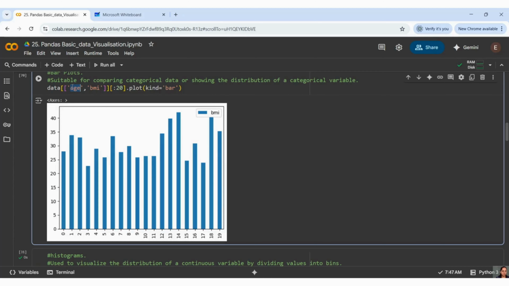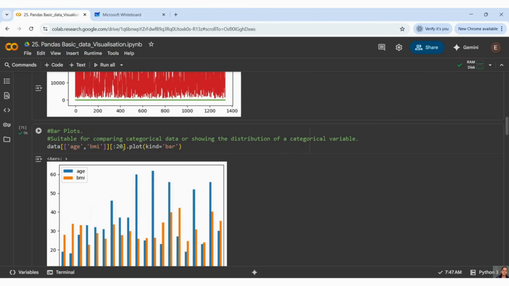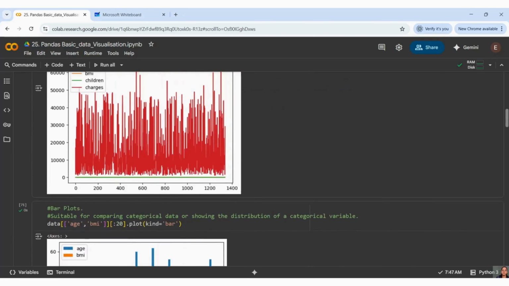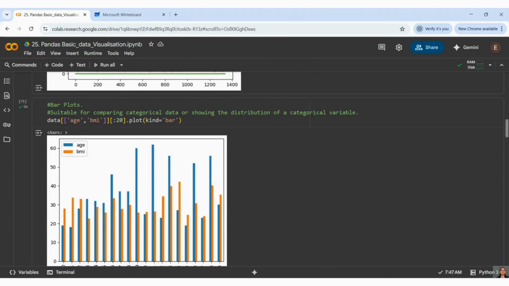Let me just do it here like this. Okay. Again, here I have taken only 20 data points, guys, because if I remove this, it is very difficult to understand. You have to use figure size to draw it, right? I will show you how to draw figure size and all in our Matplotlib, but this is just one example. If you want to draw something immediately, you want to see, it's an easy step, one line step. You can draw it.